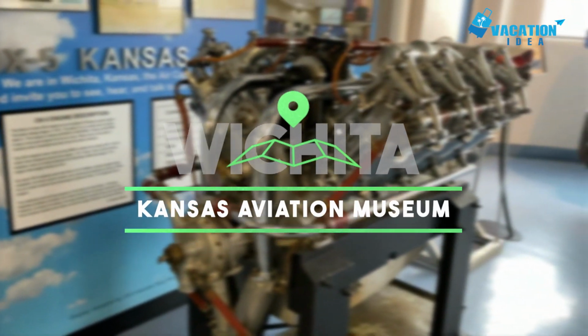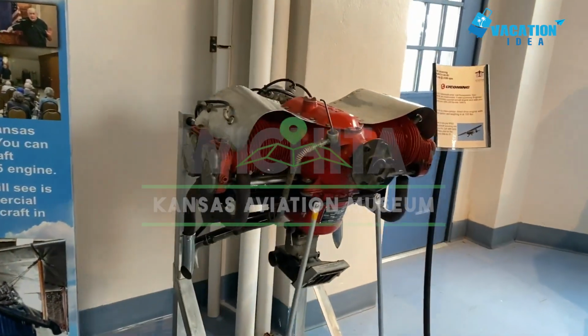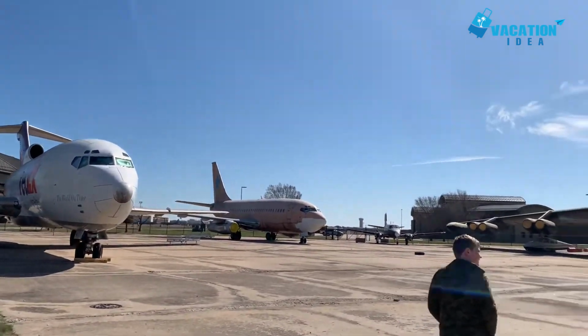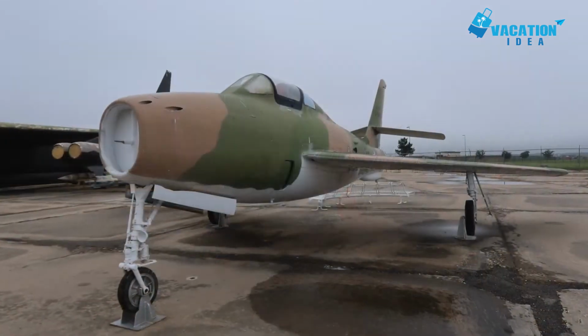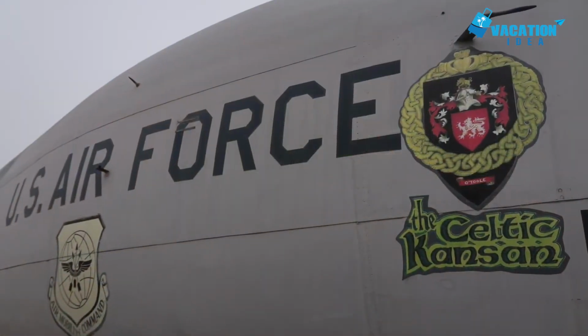At number 5, Kansas Aviation Museum. Situated on the southeastern edge of the city is the exceptional Kansas Aviation Museum. Formerly a municipal airport, it houses artifacts, engines, and aircraft with exhibits documenting the history and evolution of the industry